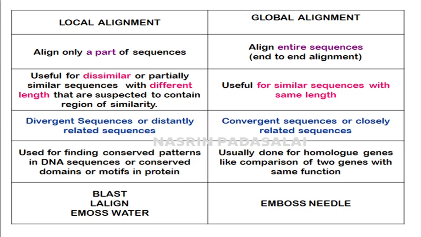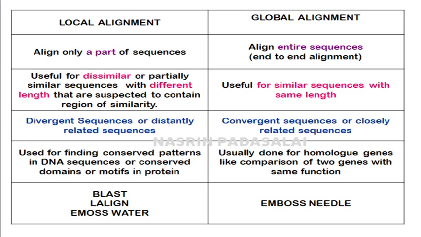So this is the difference between local alignment and global alignment. Local alignment aligns only a part of the sequence, whereas global alignment aligns the entire sequence, which is called end-to-end alignment. Local alignment can be used for dissimilar sequences or partially similar sequences or sequences with different lengths. Those sequences that are suspected to contain a region of similarity, you can use local alignment, whereas global